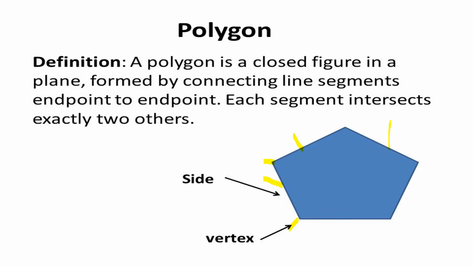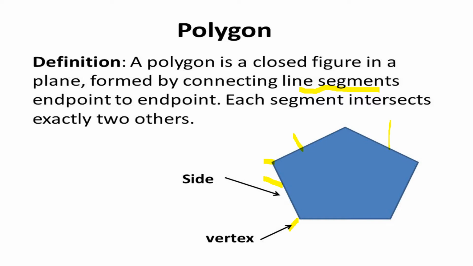If we are given only two sides, we cannot form a polygon. It is not possible. The least number of sides of a polygon is three, the triangle. I will ask you a question: dash is the least number of sides of a polygon. So triangle is the answer. Now, how many sides are here? Five sides are here, so it is a five-sided polygon. A polygon is entirely made up of line segments.